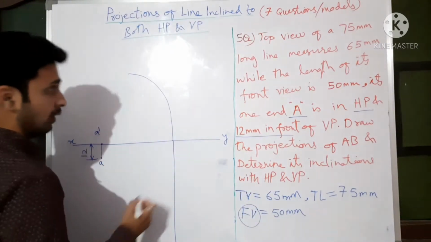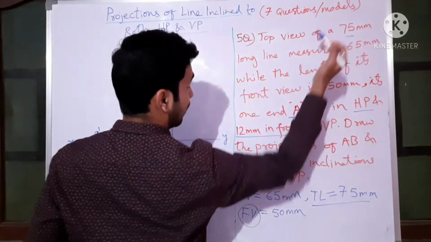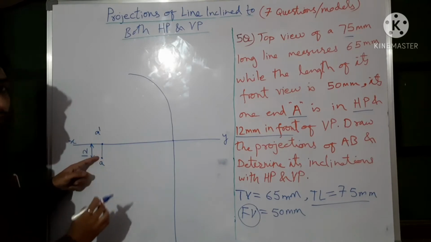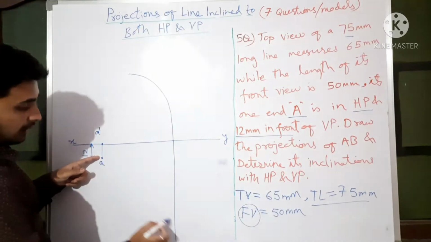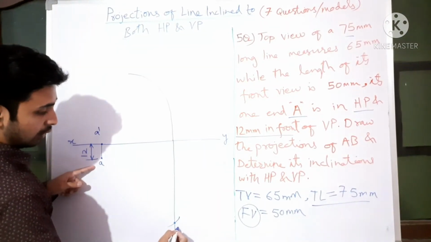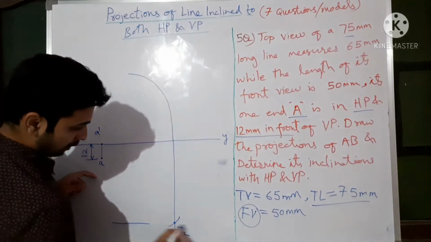So now true length, how much? True length is 75 here. So now take this center, radius how much? Radius equal to true length, which is 75. Center, radius 75, true length, cut it here. A, and this is your B2. As soon as you are getting a point, draw the locus.